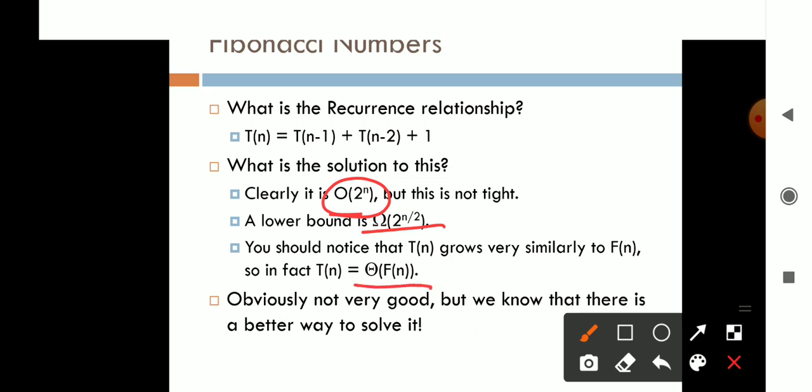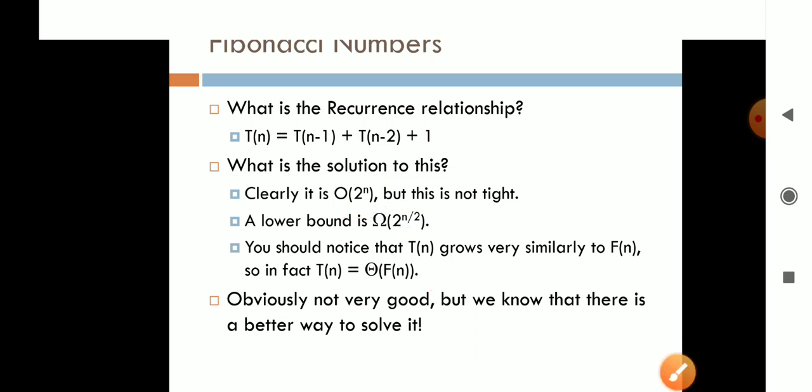And for the average case, it will be linear. Means if you are having 10 numbers there, it will go for 10 numbers, 10 recursions. So that is what here we are having all the three cases. Big O is the worst case, big omega is the best case, and theta is the average case here. So that is what here we are having three cases when we are using the Fibonacci series, when we are using the top-down approach. So it is of course not a better solution.